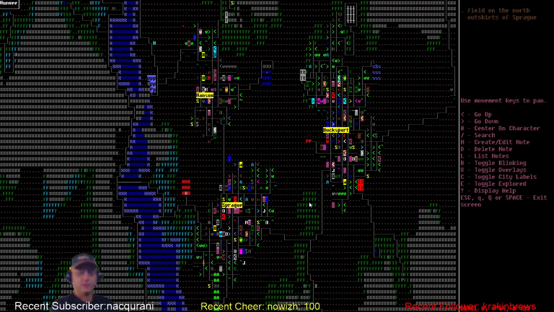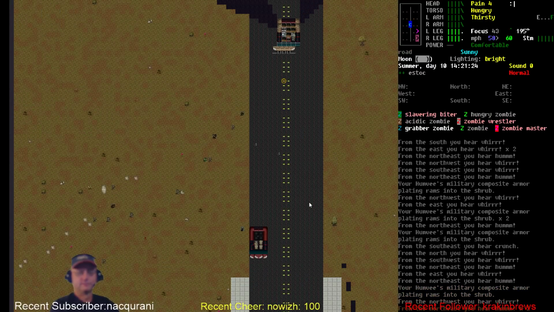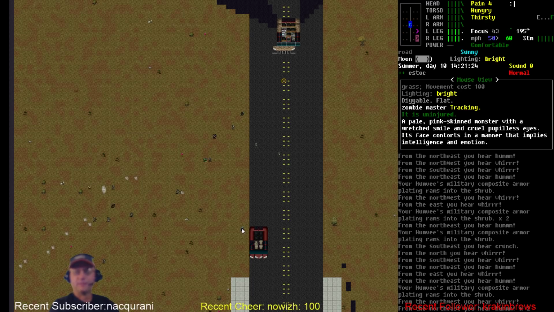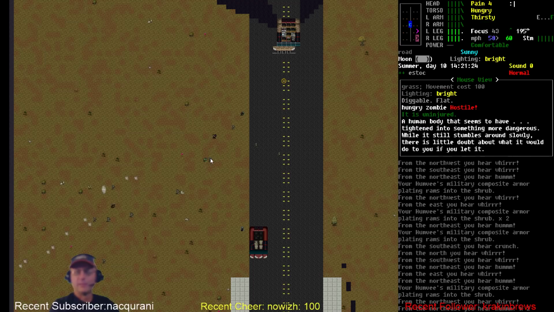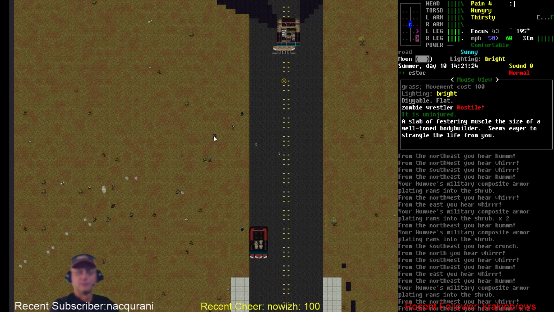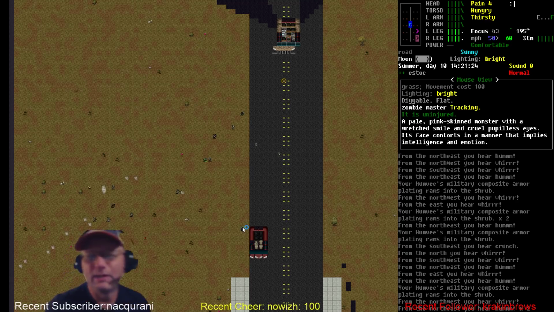Alright, now we are heading down towards the hospital again. Slavering biter. There's one of the wrestlers. There's a master. I knew there was one of these out here somewhere. That him? That's him right there. That guy's got to die, with extreme prejudice. He's the one making these wrestlers and slavering biters. He upgrades zombies. So,